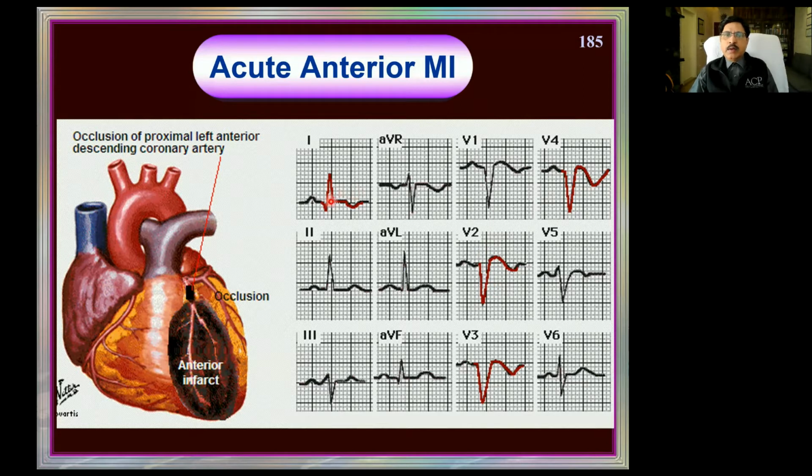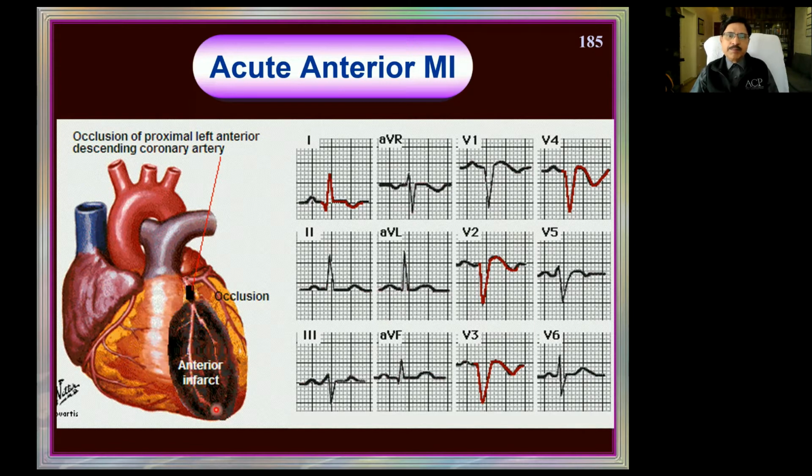And also there is a complementary change you can see in lead 1 because the anterior wall is affected, the lateral lead showing a T inversion and a little Q wave, which is still not a pathological Q in the sense it is not very deep nor very wide. So in this ECG we are able to say that there are infarction changes in the anterior leads. What are the anterior leads? V1, V2, V3, V4. These two are the septal leads and these two are the anterior leads. So it's more an anterior myocardial infarction here. So that is this one.